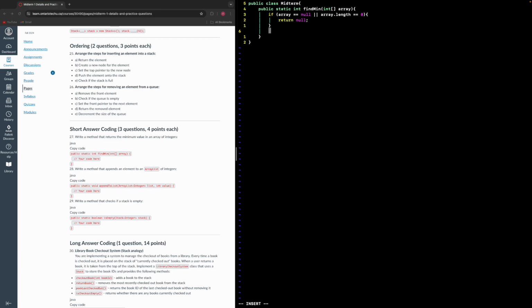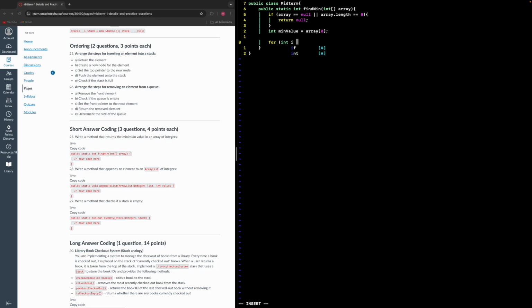Okay, so now what I want to do is initialize an int minimum value, and then make that the first index in the array. Now, they didn't choose a specific algorithm to use for finding the minimum, so I'm gonna use just the simplest algorithm, which is the least efficient one. I'm just gonna check every index in the array and then return that. So the first thing I'm gonna do is a for loop, int i